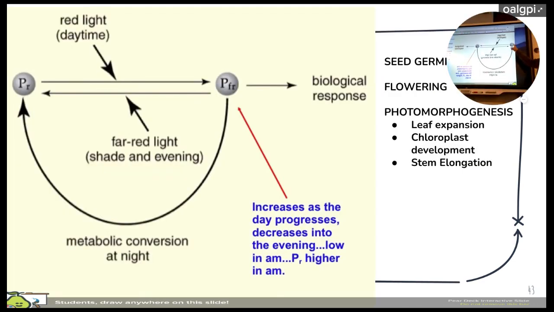And here is the second to the last slide right here. Remember, PR, when exposed to light, it's like a toggle. It slowly changes into a new shape, which is the PFR shape, right? And then as evening approaches and during the night, it switches back to its original PR shape, right? And some plants are neither long day or short day. They are day neutral, okay? And that, my friends, was that unit.